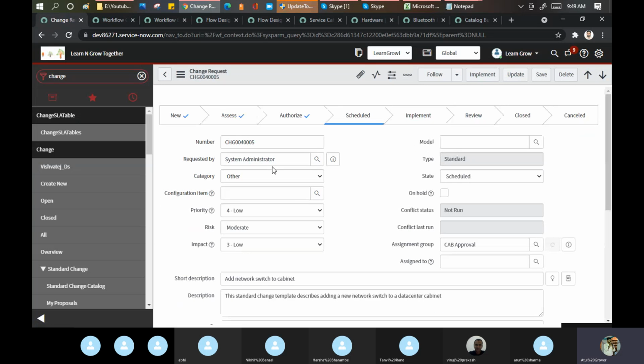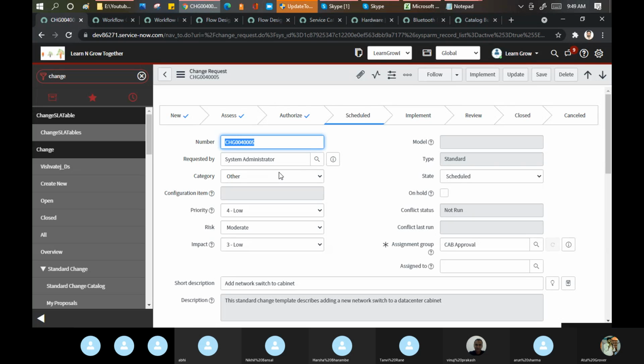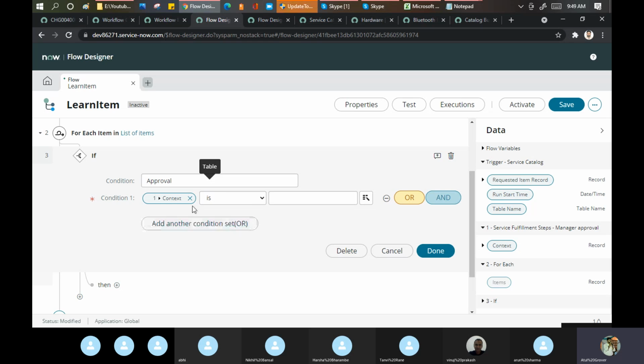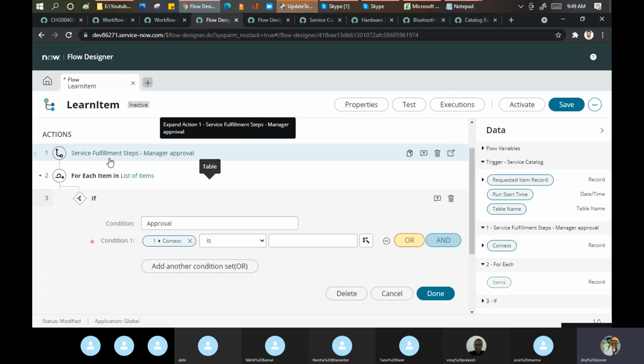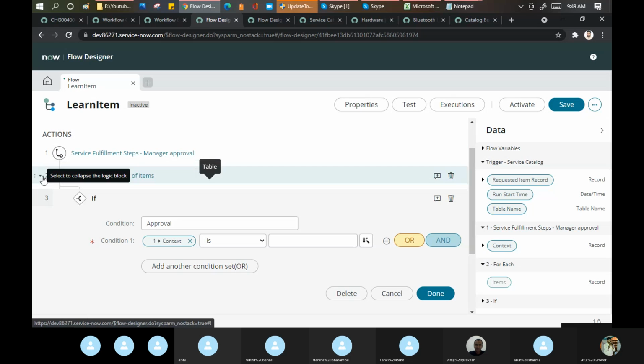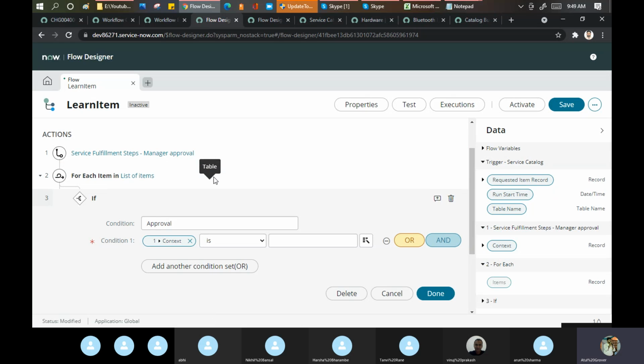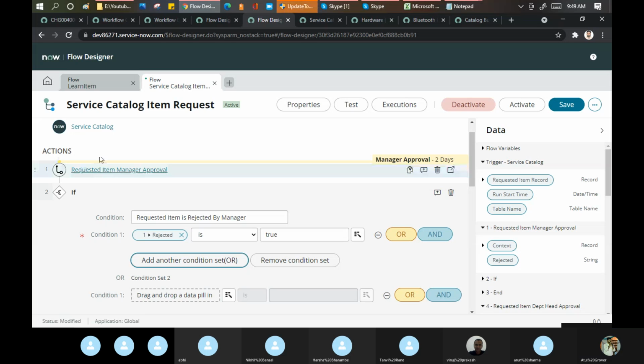But my preference is that if you are learning, better to learn the advanced things now. That is also why I'm putting a little time here to understand this part. Maybe we can discuss this again on Monday. I'll try to keep it handy so that I can show you how these things work, and then we can discuss the flow designer in proper detail. But for you guys, the weekend work is to pick up this flow designer.